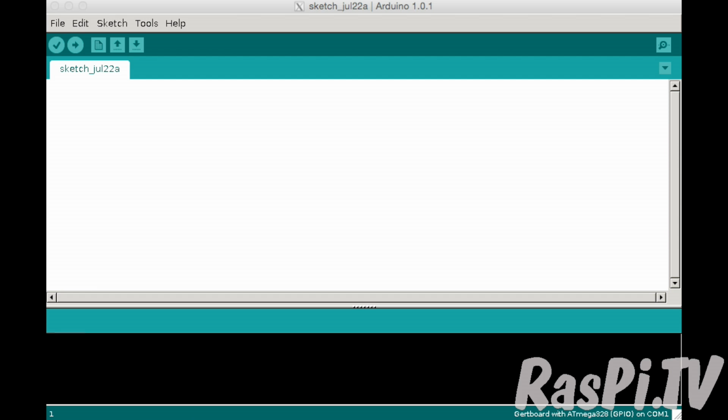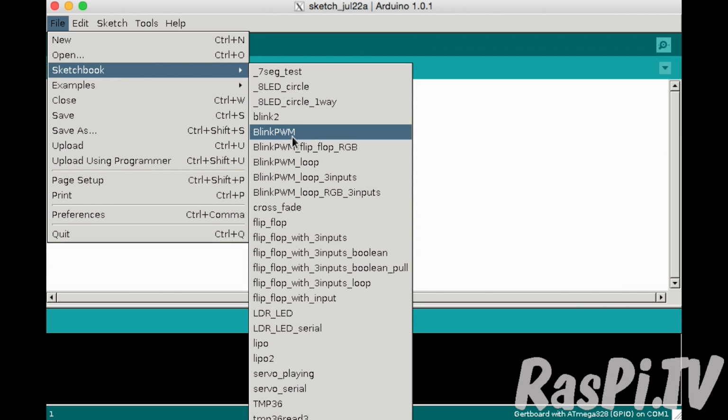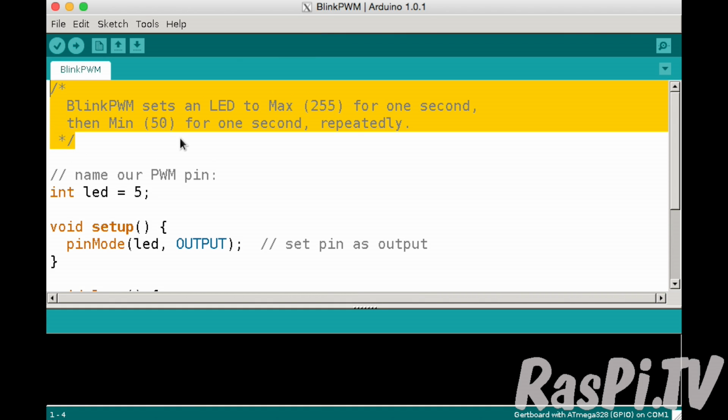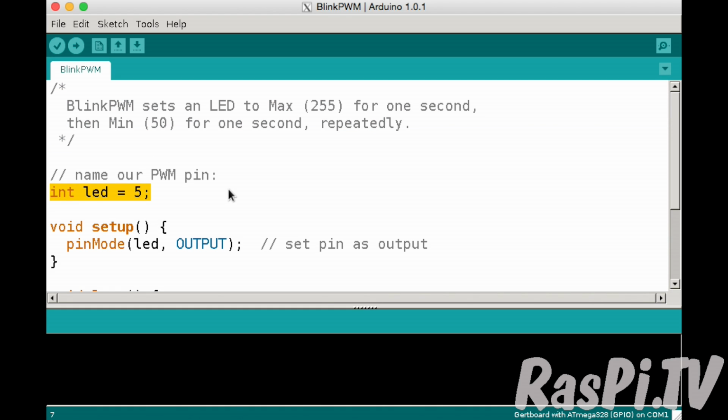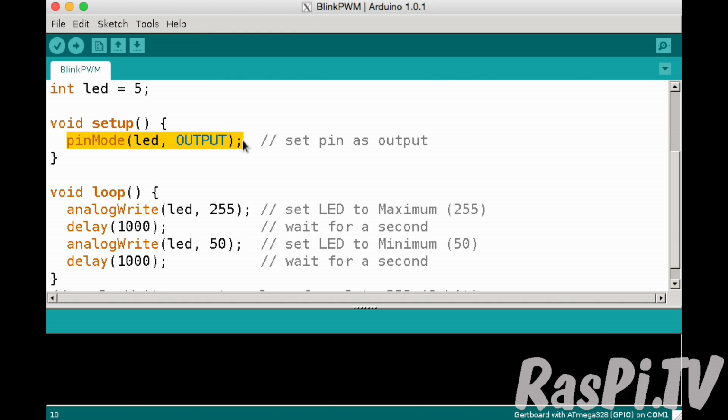Okay, so we want to load the sketch. So we go File, Sketchbook, Blink PWM. After a short while it should appear on the screen. So here you've got the sketch at the top, with a comment explaining what it does. Then here we are initializing pin 5 to be our LED variable. Here we're setting it up as an output, much as we've done before. And notice you don't do anything differently, you just set it as an output and the PWM bit comes a